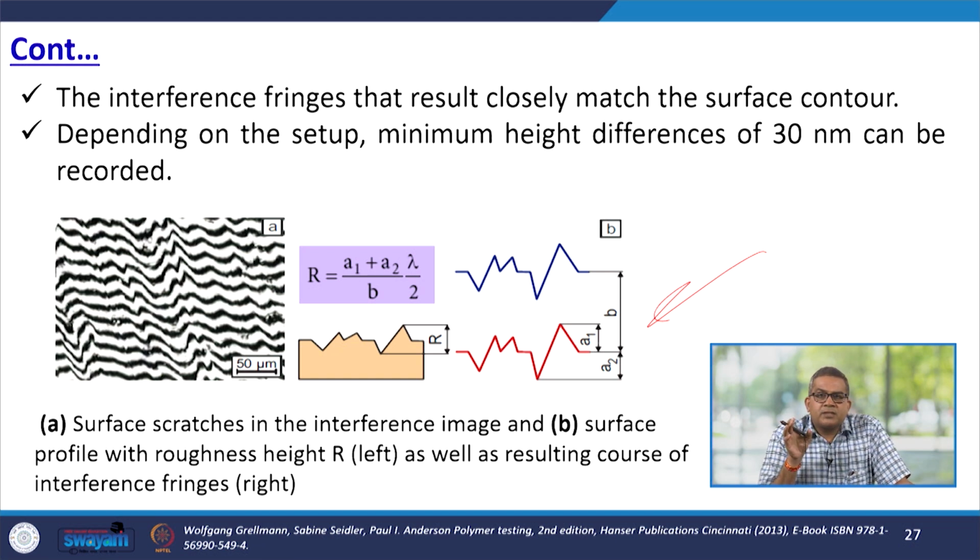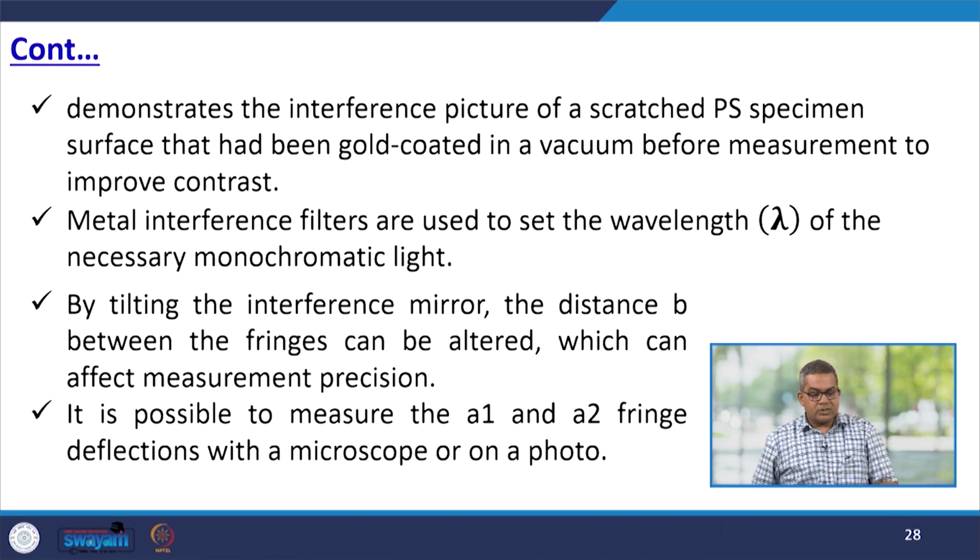Now, the interference fringes that result closely match the surface contour. Depending on the setup, a minimum height difference of 30 nm can be recorded. Now, this demonstrates the interference picture of a scratched polystyrene specimen surface that had been gold coated in a vacuum before measurement to improve contrast, and metal interference filters are used to set the wavelength lambda of the necessary monochromatic